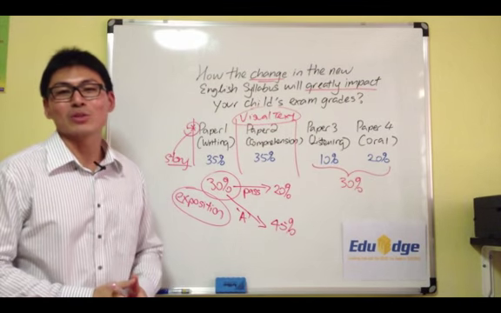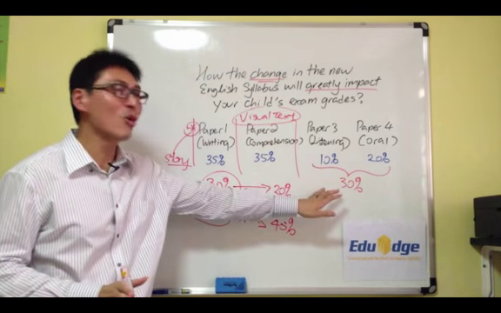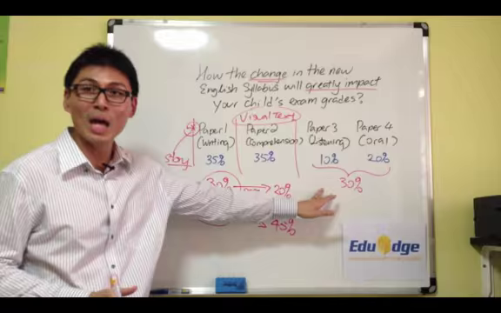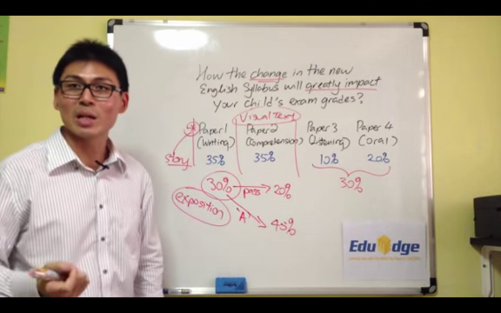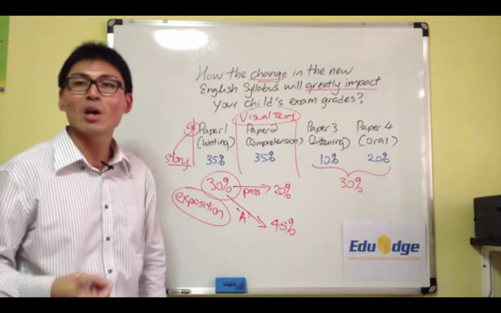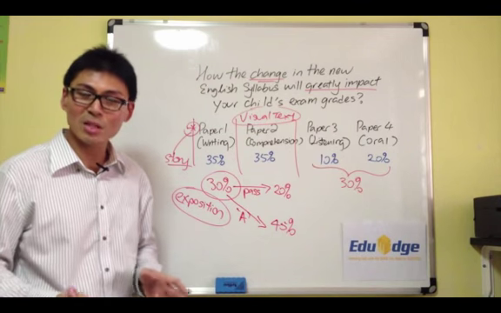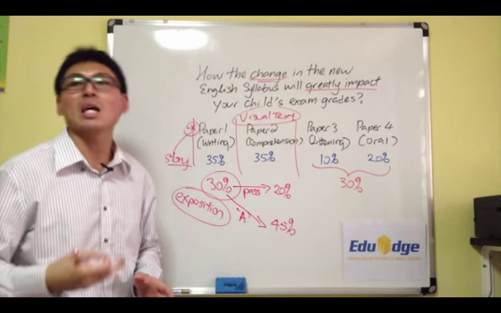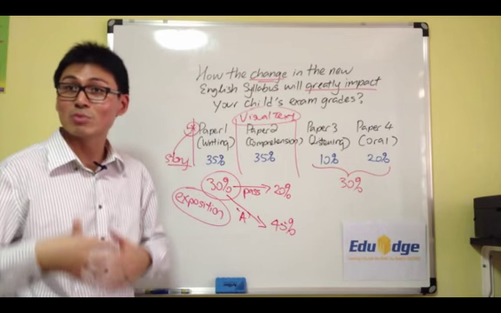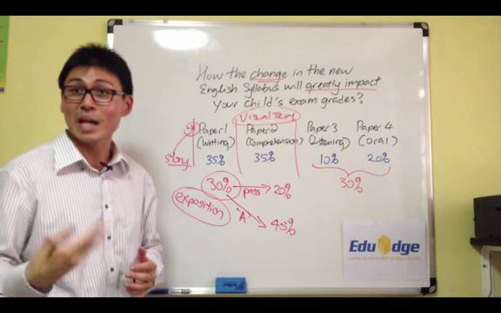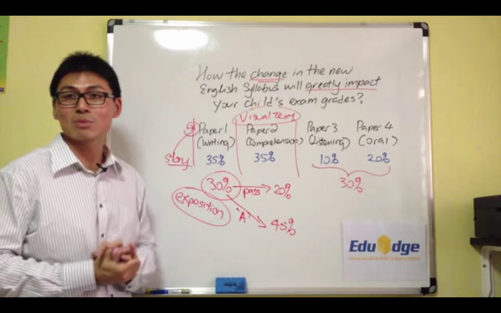The second thing that your child should pay attention to, remember the game plan that we talked about earlier on, which is to try to secure as high as possible in Paper 3 and Paper 4, is to practice spoken English on a regular basis. This could be having conversations with their friends or at home in English, or it could be as simple as flipping a newspaper open and finding a short text and practicing the pronunciation and articulation, the rhythm and the fluency, as well as the tone and expressiveness that is required to bring out the meaning of the text. Just doing this will give your child an added advantage when it comes to oral reading.